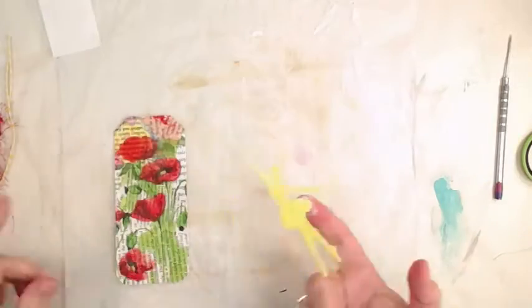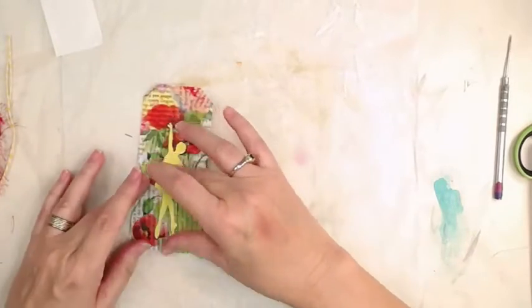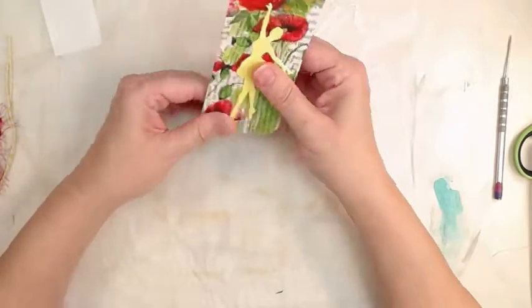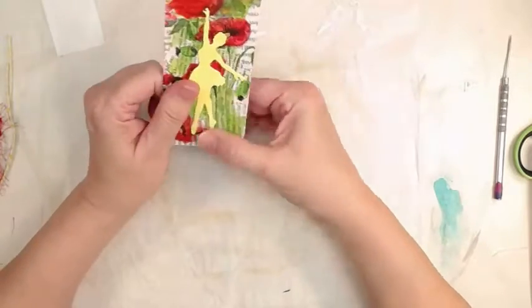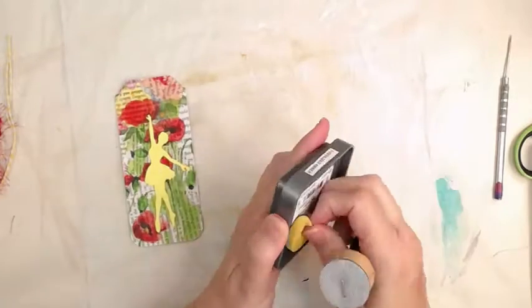Because I'm putting her on that embossed background, I want to make sure she sticks. So there's that. Somebody's definitely mowing. Sorry, y'all. Life in the South. Somebody's always mowing. Now I'm going to ink around the edge on this one, and I'm going to use that